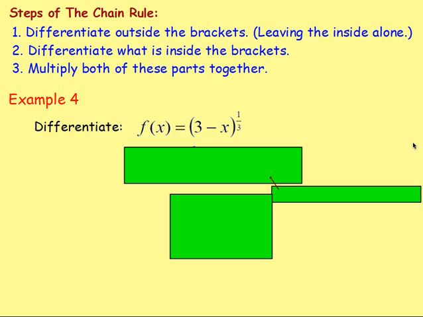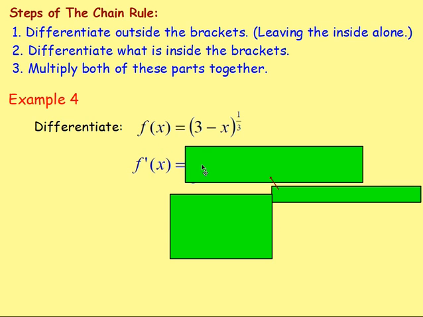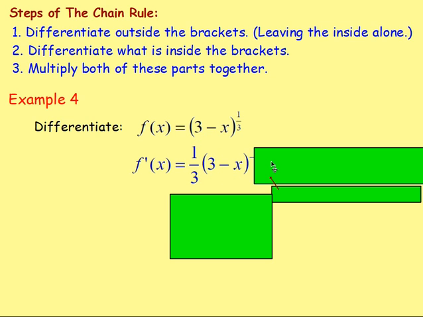Example 4, differentiate f of x equals 3 minus x to the power of 1/3. So for this one, again, we don't have any root signs, we don't have x in the bottom of a fraction, so we can just jump into differentiating. So here, you would end up with f dash x, and you're using the same method. Differentiate outside the brackets, so something to the power of 1/3, bring the power down, so we'd have the third at the front. Keep the brackets as they are, so keep 3 take away x,